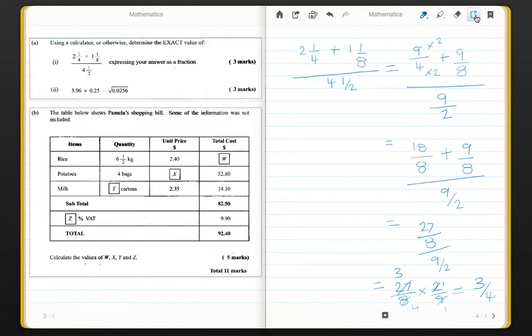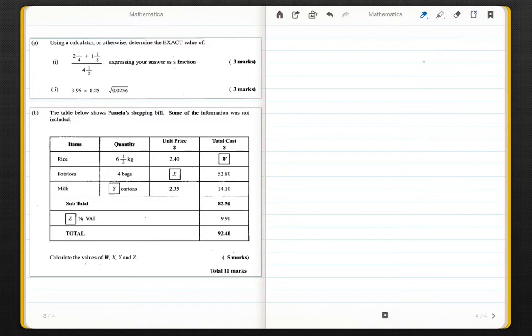So on to A, part 2. We have 3.96 times 0.25 minus the square root of 0.0256. Now, with this type of question, in the interest of time, especially for those practicing for the exam,